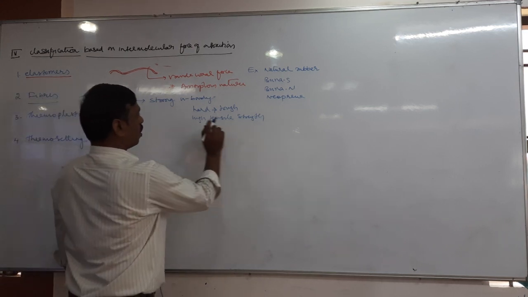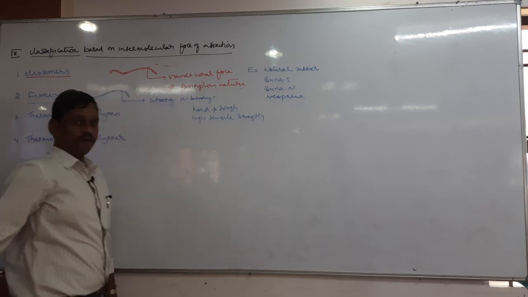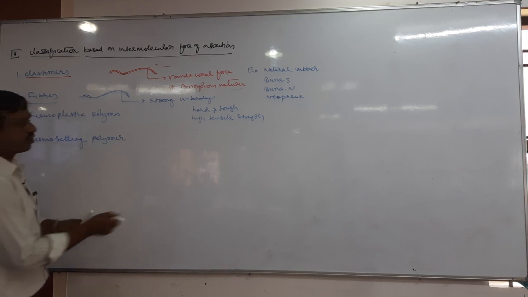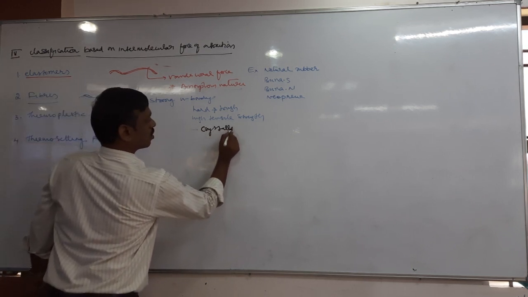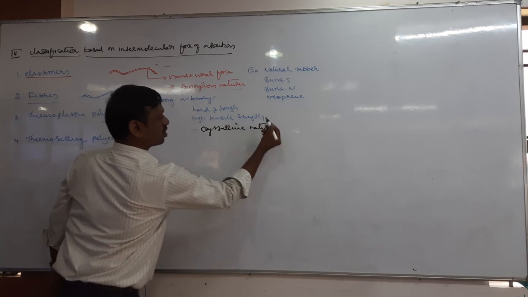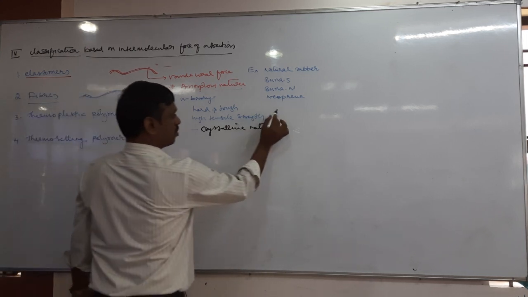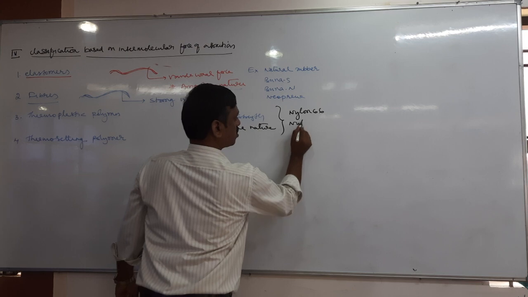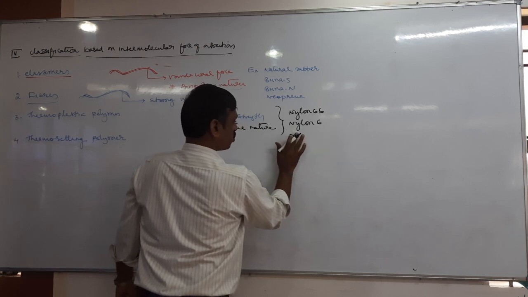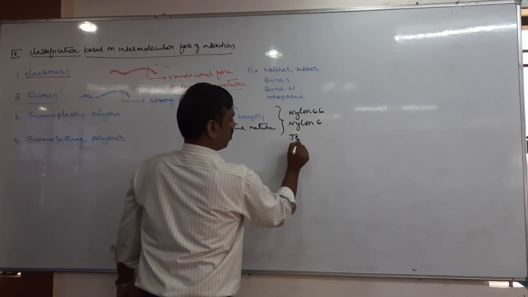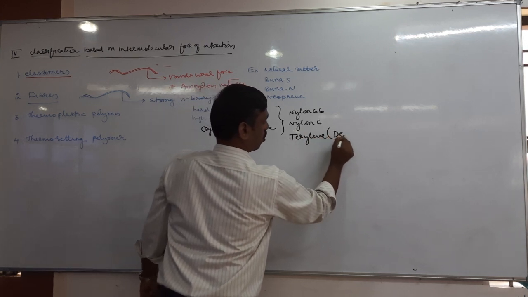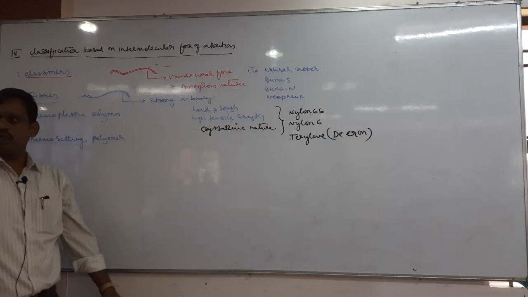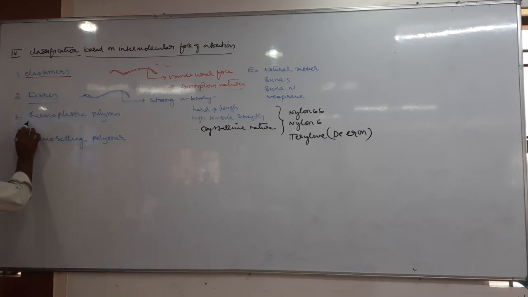And now generally polymers are amorphous nature, but fibers are crystalline nature. They are having crystalline property. Then what are the examples for fibers? Nylon 6,6, nylon 6, even terylene, which is also called Dacron. Many more examples are there, but you can take some important examples. They are fibers.